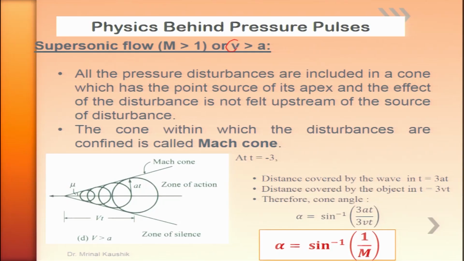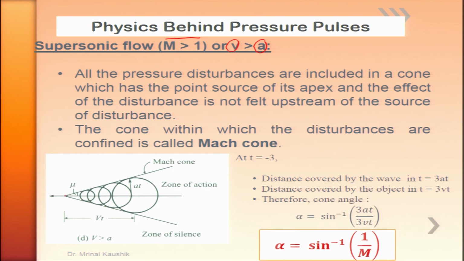Now, let us see the third case. What happens when the speed of the object or the flow is more than the speed of sound? That is, we are dealing with the situation when the Mach number is greater than 1. In this condition, since the object, that is the source in our case, is moving at supersonic speed, therefore, at various time instants, the spherical front looking like a circle in 2D case is something like